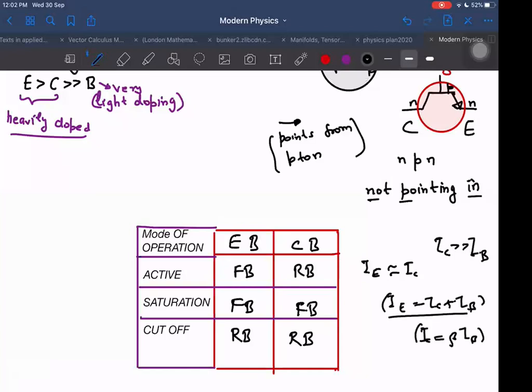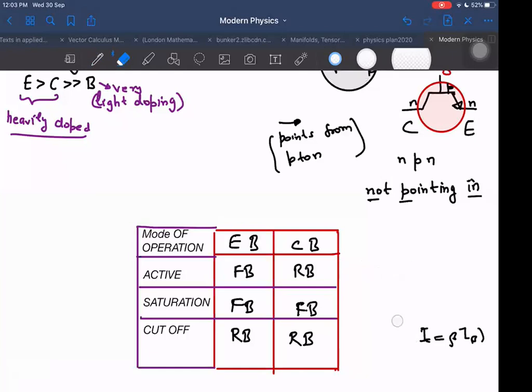IC is a fixed multiple of IB depending upon the transistor. For a given transistor, slight variations can be there in beta depending upon temperature, but for a given temperature, IC will be equal to beta times IB. Beta will be like 100 or 50, depending upon how much doping we have done in the collector. When we buy a transistor, we can ask what beta it has, and that beta will remain fixed. For us, we can assume it to be nearly fixed.